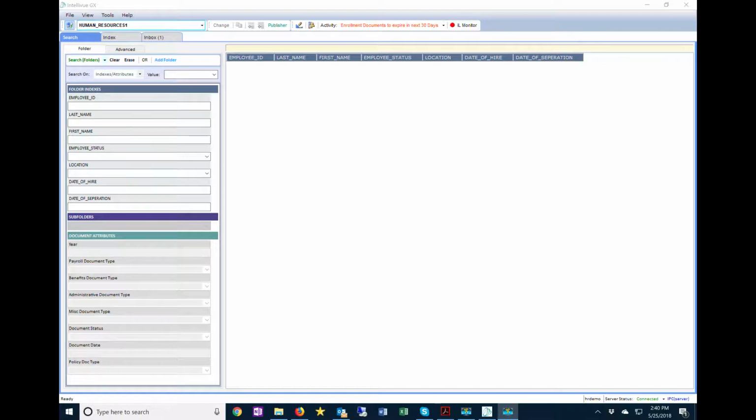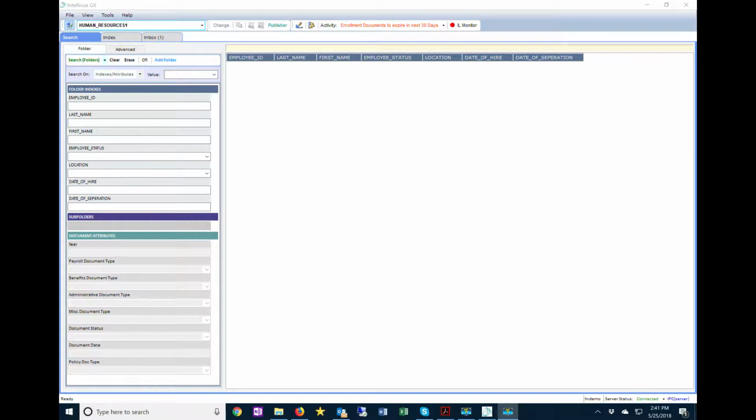So for documents that have a 7-year, 10-year, 15-year lifespan, etc., you can set up alerts or notifications that remind a user that this particular document is nearing the end of its 7-year retention period or whatever time frame that might be. And you can also set up notifications for individuals who have certifications that need to be renewed and things like that. You can set up those alerts to notify a supervisor or a user that in, for example, 30 days, this person needs to be recertified in this particular certification. So I'm going to walk you through how to do that and walk through a couple of examples here in